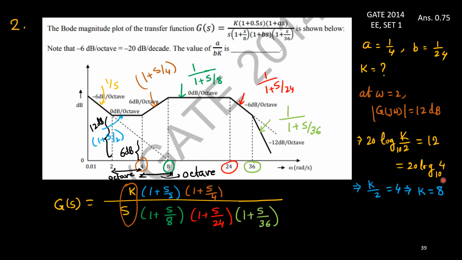Okay, so I have got A, B and K. Now we can easily find this ratio, A upon BK. If you replace A, B and K, we will get 0.75. So this is the answer, right? I hope you have understood this problem. If you have any confusion,